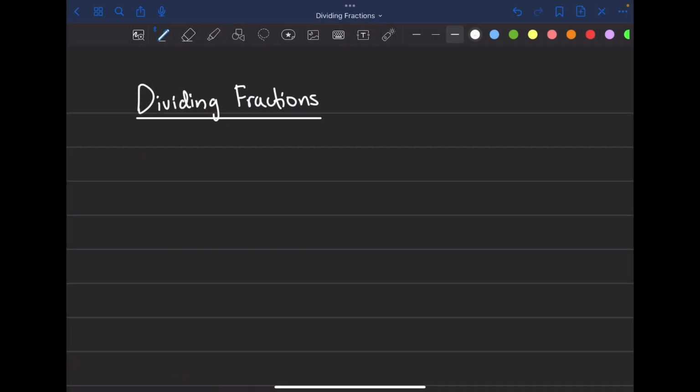Hey, so in this class we're going to look at dividing fractions. If you already know how to multiply fractions, this should be the easiest topic you will ever attempt. So let's start. First example we can do is 1 over 2 divided by 3 over 4, and let's walk